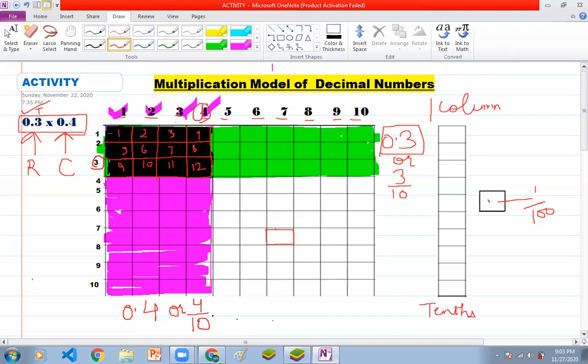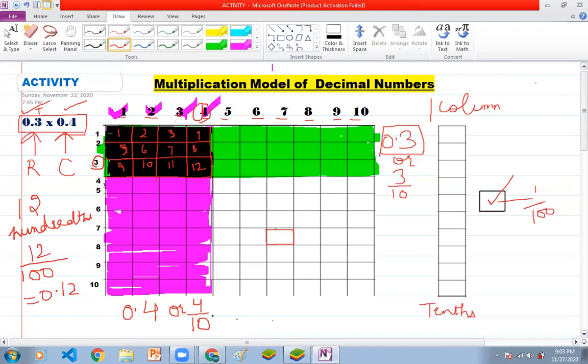So 12 blocks are overlapping with each other, because I told you that if you are taking blocks, it means that you are taking the hundredths place and we are counting only the blocks. So blocks are giving me 12 hundredths. It is 12 hundredths, right? So your answer is 12 hundredths only. And when you represent it in a fraction or in a decimal form, you will get 12 by 100, and this is nothing but 0.12. So your answer of the multiplication 0.3 into 0.4 is 0.12.